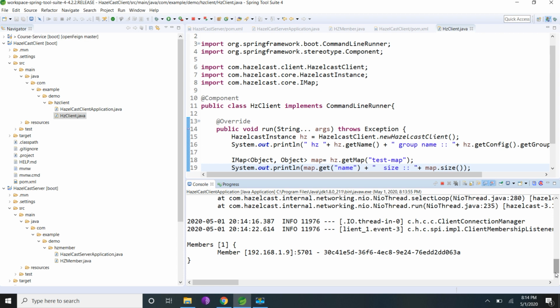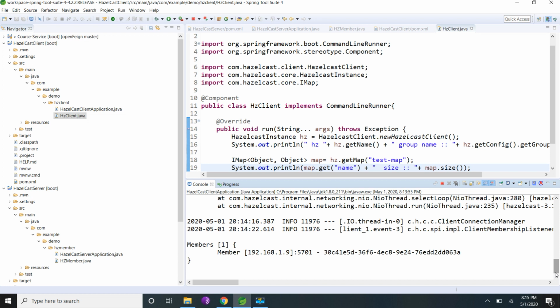So now I'll explain some basics of Hazelcast, how Hazelcast works. Hazelcast, as we have seen, is very simple. Just by adding the dependency in our pom.xml, I was able to create my Hazelcast member or client instance. So it is very easy. And Hazelcast is peer-to-peer. Every time you start one server application, it creates one member. All members are the same. It is not like master or slave. All will be having some portion of data, and they will be having equal processing.